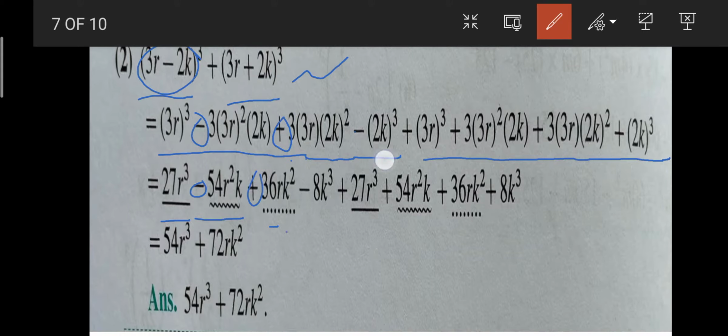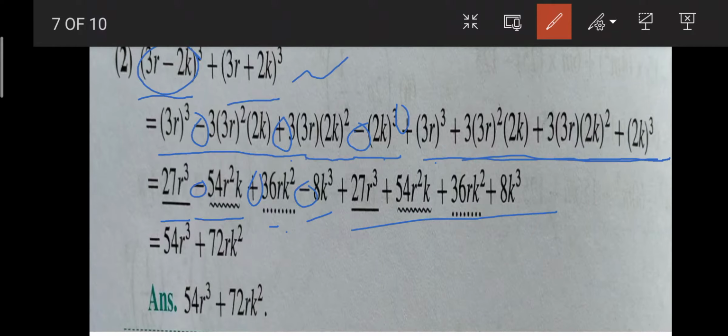Now when we solve this, the cube of 2 is 8. Here it is a minus sign, so minus into minus into minus. When it is a cube, students, whenever your power is an odd number and your base is minus, you get minus. Then similarly we'll solve the same and open the brackets. Now after this, we got this answer.